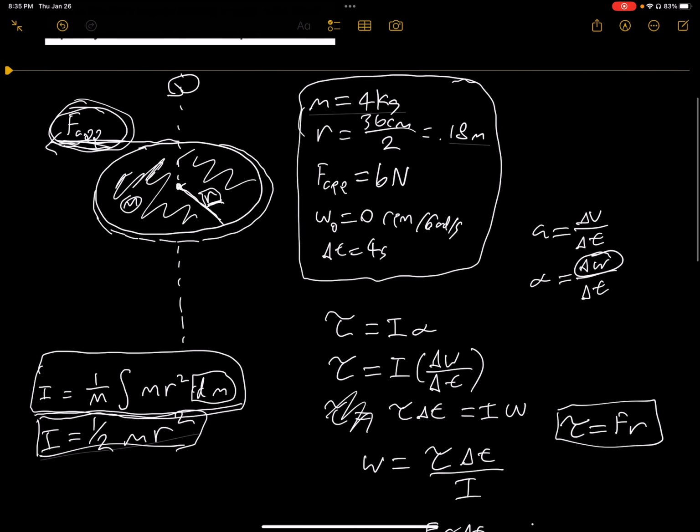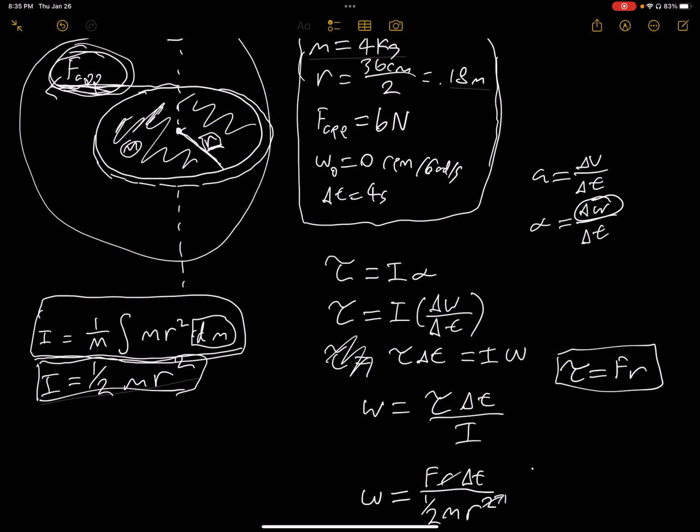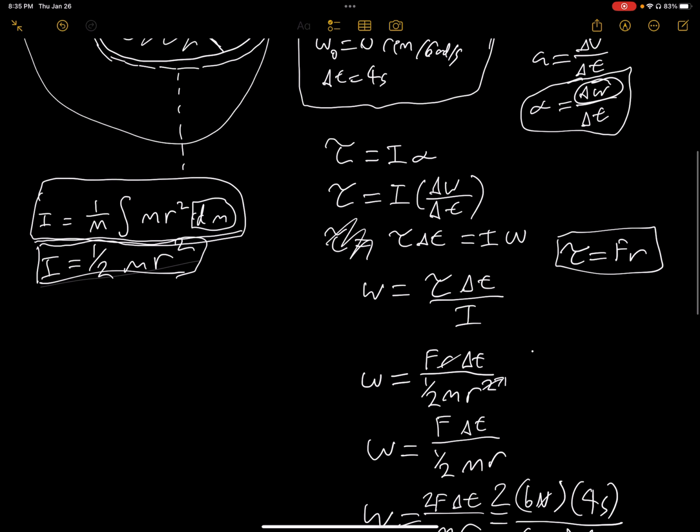Really, the most important thing is to draw this picture. Recognize, if you have all these quantities, you can solve the problem pretty easily. You just have to remember that you can solve without doing this, but it's helpful to know that because it starts at rest, the change is the final, because there's zero initial. So omega F minus omega initial equals omega F. So yeah, that's my suggestion. Torque equals force times radius, and that's pretty